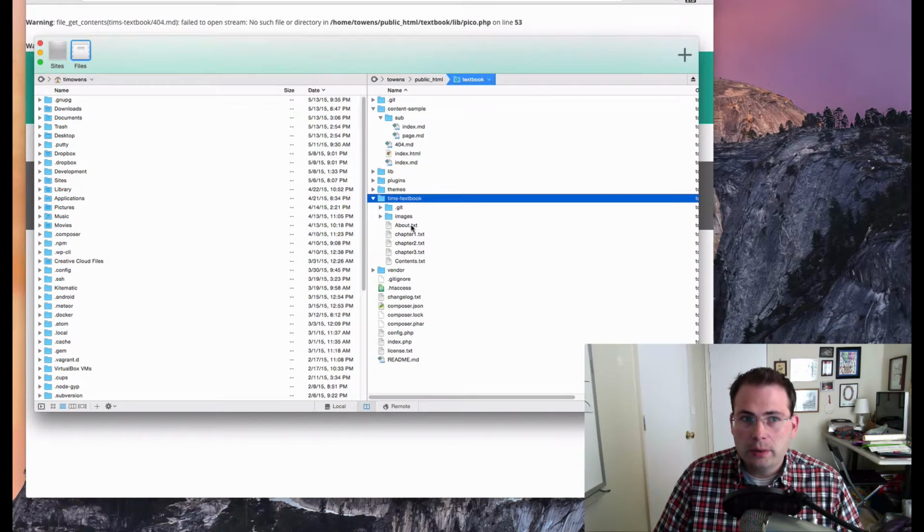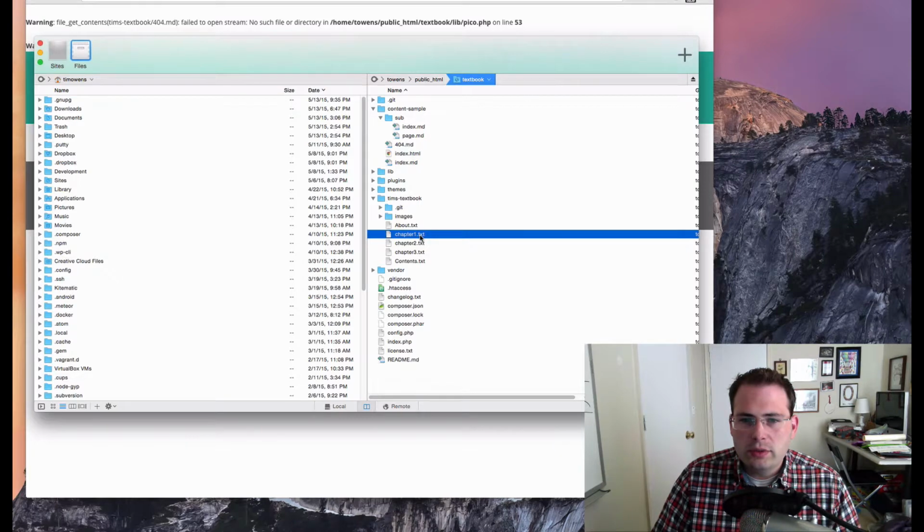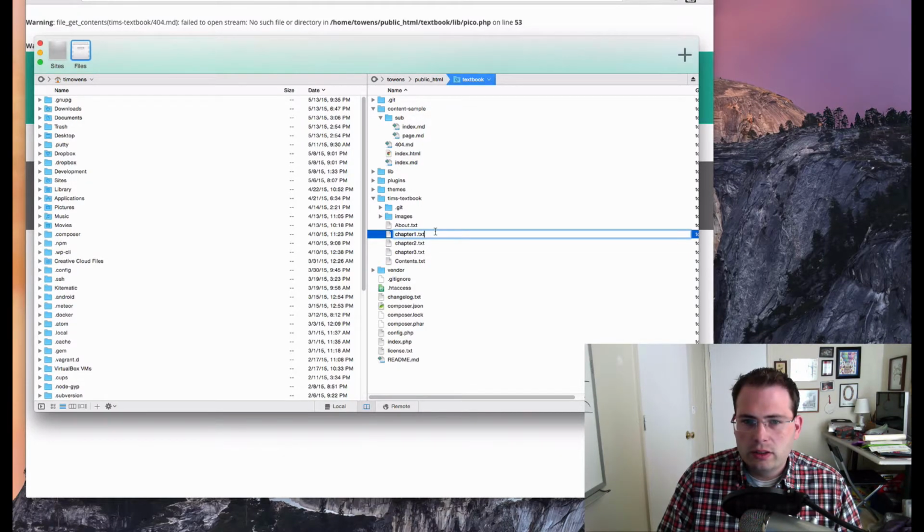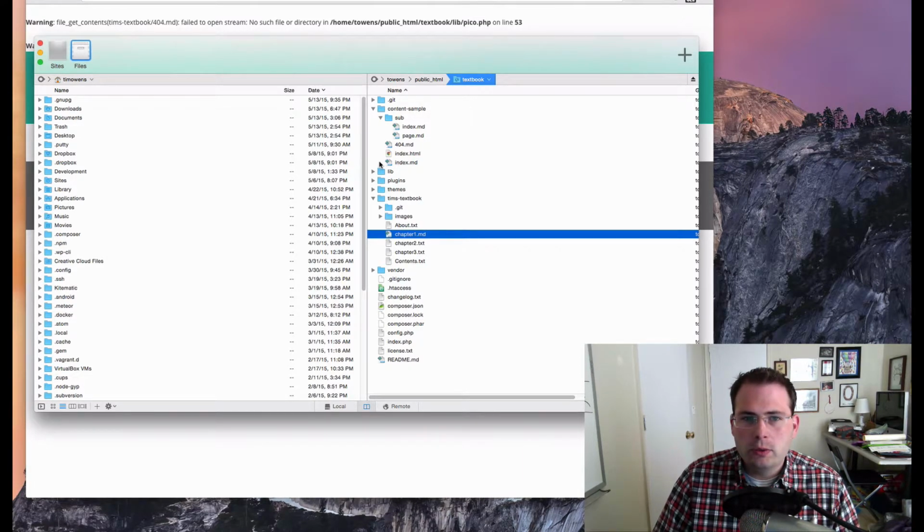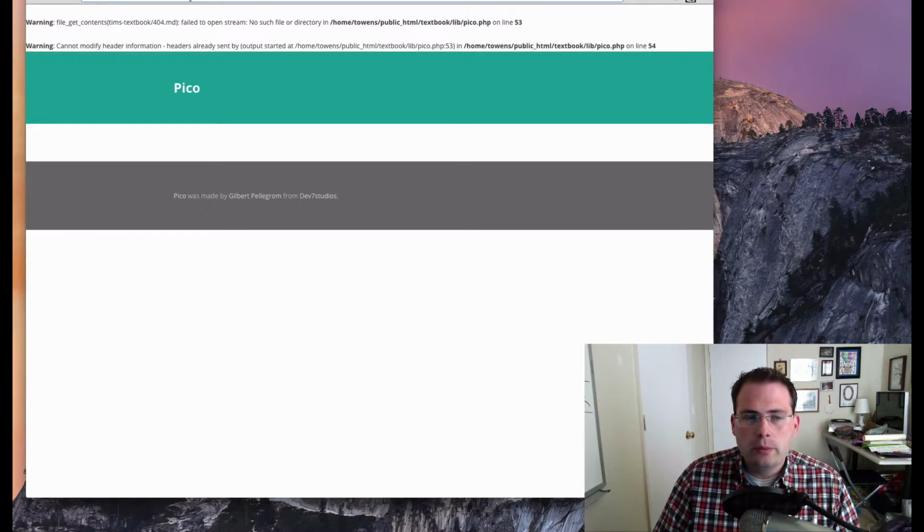Now Penflip can actually read Markdown files, .md files, but by default it doesn't create them. It creates .txt files. So Pico is only going to read them if it knows that it's a Markdown file, and that's known by using the .md tag. And so just to show you that this does work, if I changed .txt to .md on that chapter 1 file,